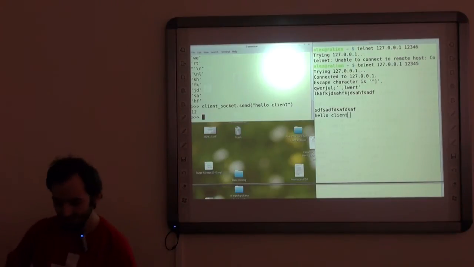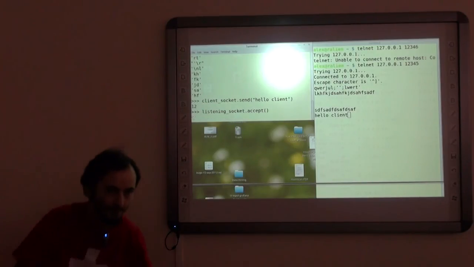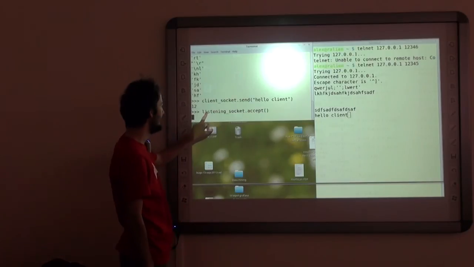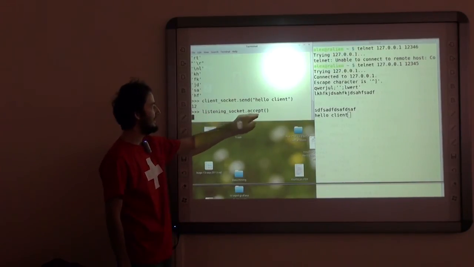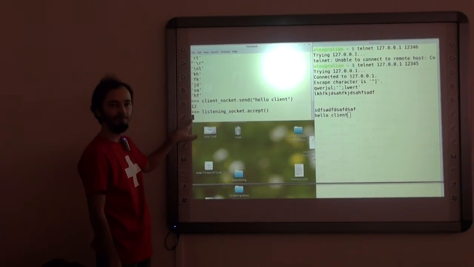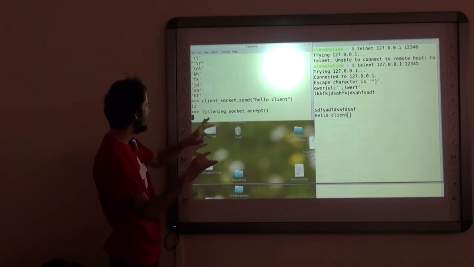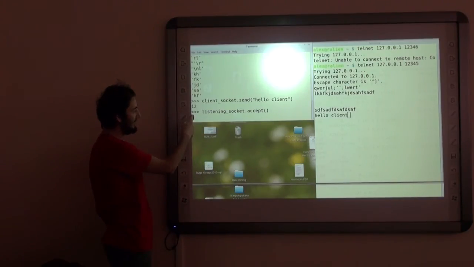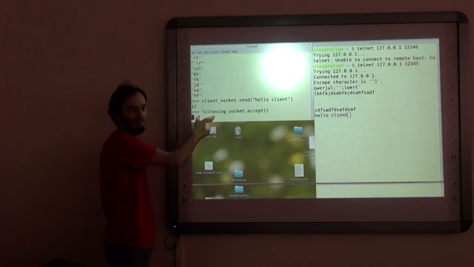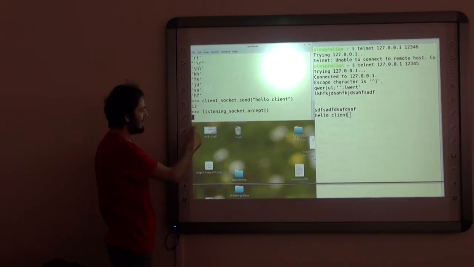Let's try something else. Listening socket accept. So I went back to my server. I called the accept function of the listening socket, and you see what it does here? It's blocking right now. Because normally, if you type a command, it's being executed and you see those 3 characters, meaning that Python is now waiting for your new input. Whereas now, it's blocking.